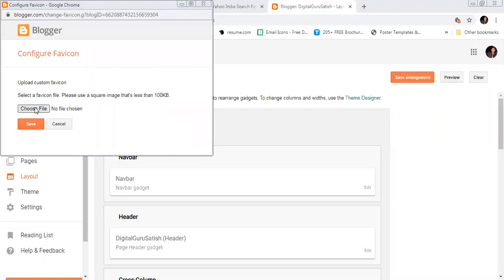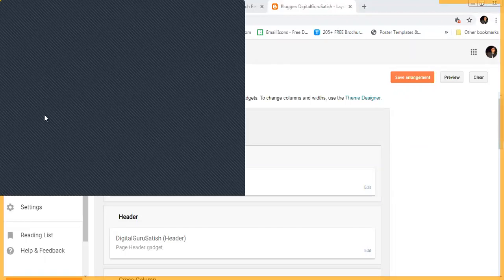Okay, and if you want to edit this favicon, you can click on edit. You can choose file. I have a lot of files available here. Okay, so you can choose any of them. What should I choose? I don't have a favorite now. Anything, I will use this. Sample music, no, no, this is music. I will choose this as a favicon now. I will save.